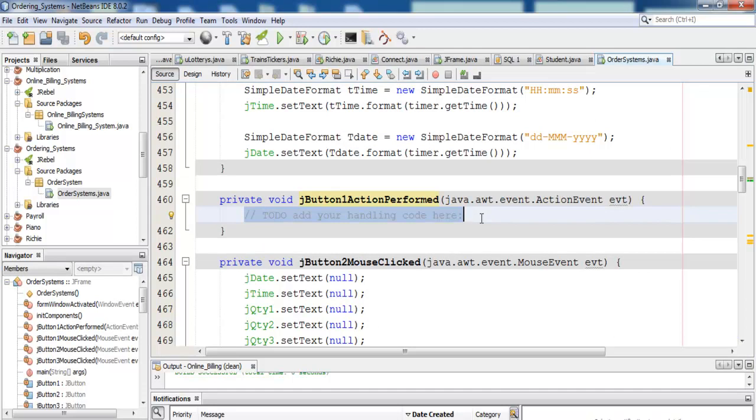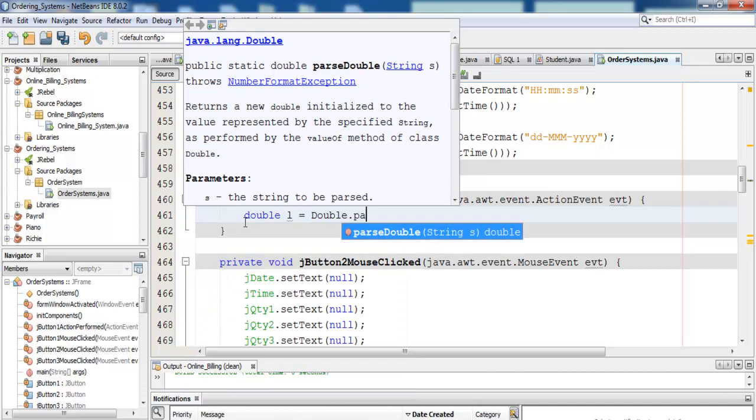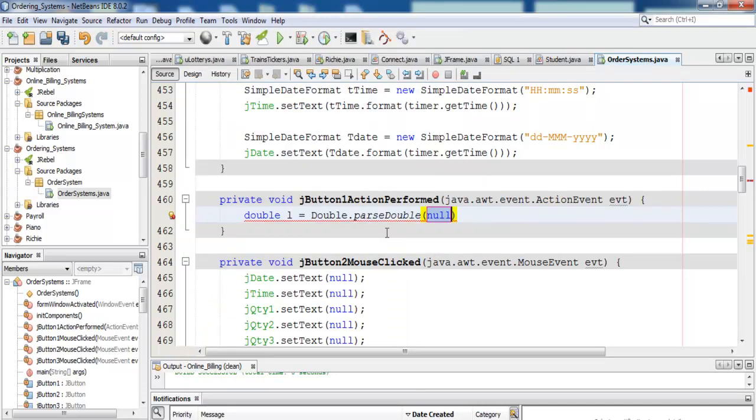Let me go for double, declare a double data type L equals Double dot parse double. Okay, now let me just enter quantity there, j quantity 1